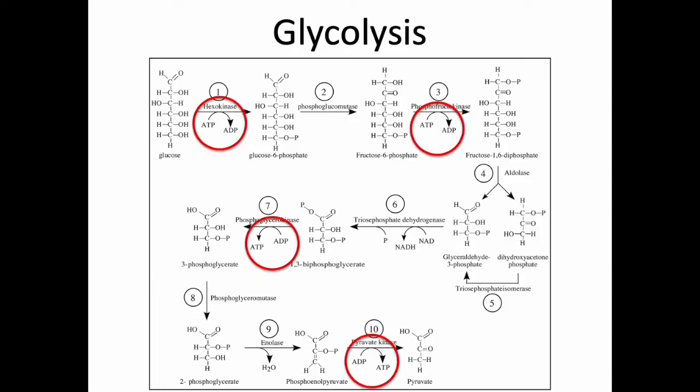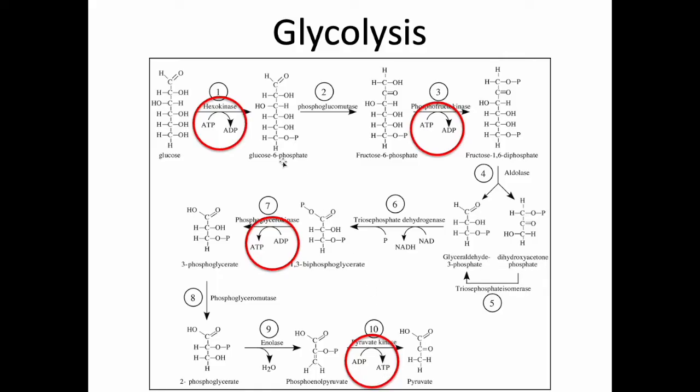We get some ATP that we generate in this process. If we look closely at this first step, we can see ATP to ADP. Wait a second. This isn't generating energy. This is spending energy. This is what energy consumption looks like. We're going from high energy triphosphate to this lower energy adenosine diphosphate. And we're doing the same thing here. This isn't generating energy. Well, this is generating energy. ADP goes to ATP. ADP goes to ATP.